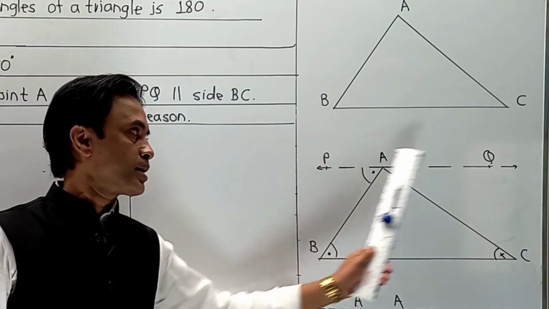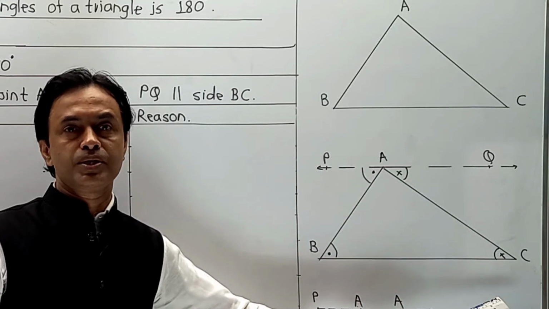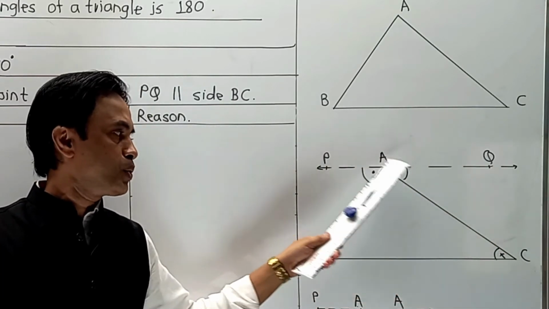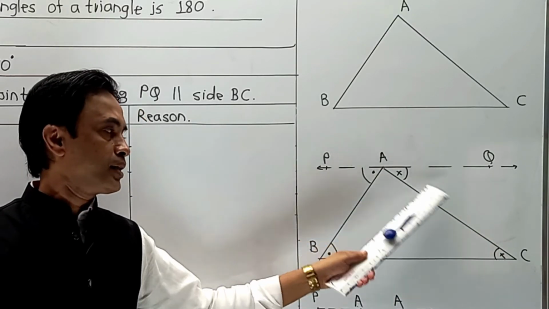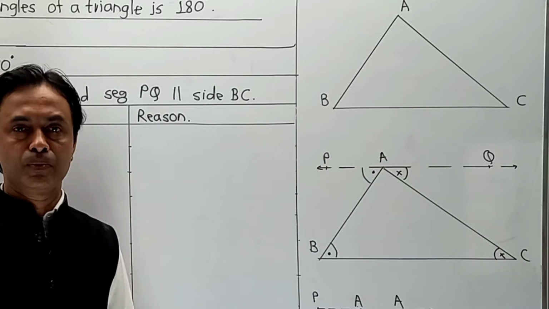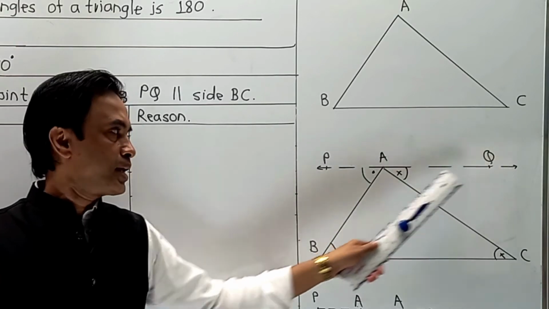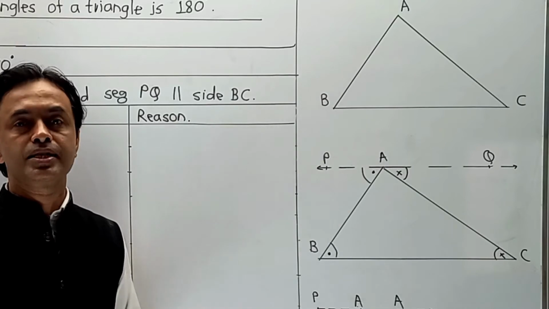In the second case, again PQ is parallel to BC and AC acts as a transversal. Then angle QAC is congruent to angle ACB. Again these two are equal, because they are alternate angles. I am giving it as equation number 2. And in the third part, we know that PQ is a straight line, so all the angles formed here in linear form add up to 180.